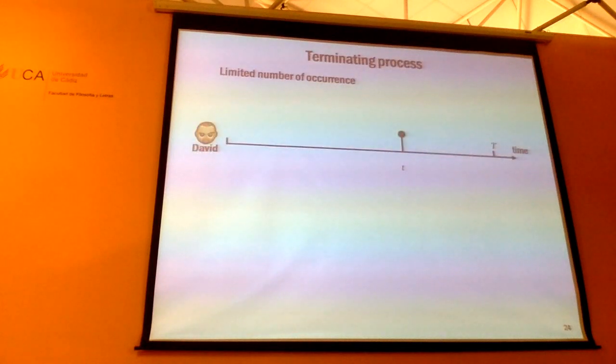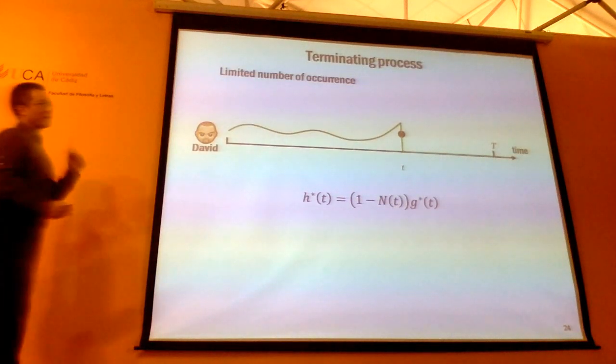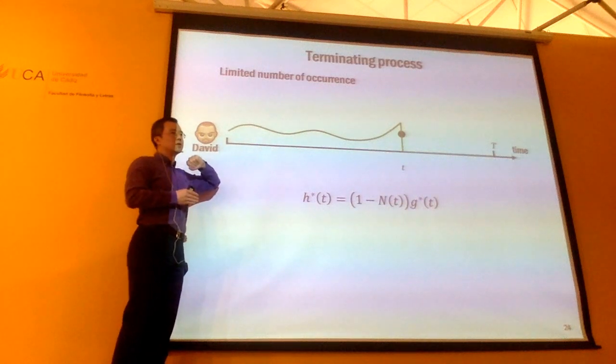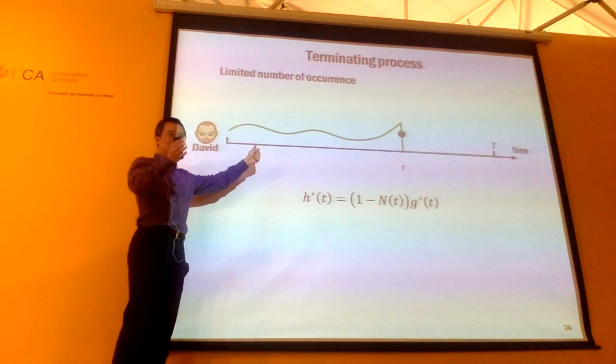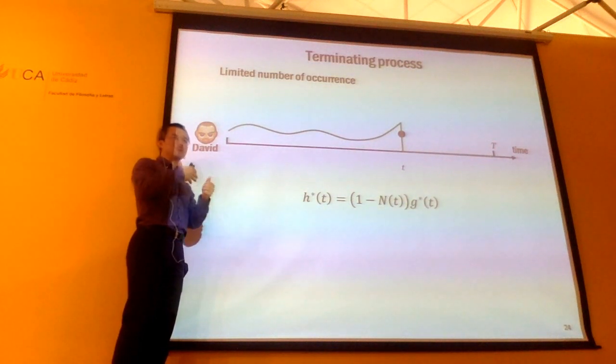And then, of course, you can design many other interesting intensity functions. For instance, one of these is called a terminating point process. Here, you constrain the number of events that can possibly be generated from this process. So, for instance, you can constrain the number of events to be just one event. In each instantiation of this process, if there's one event already generated, then the process dies out. Okay, so there will be no other event generated from the process. You have to start it again to generate more.